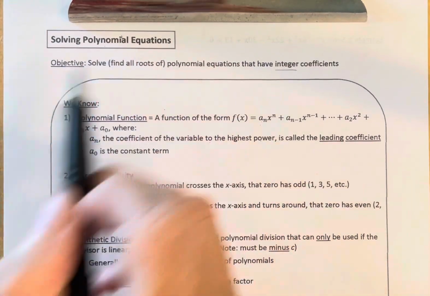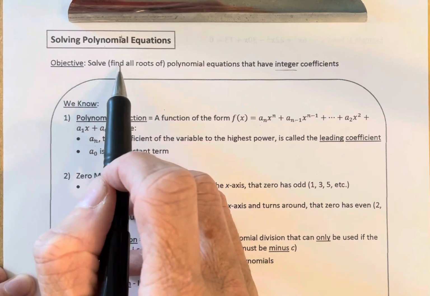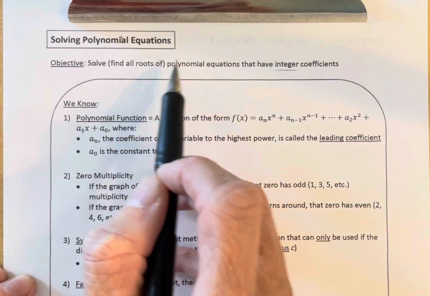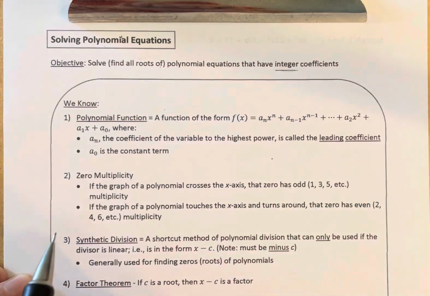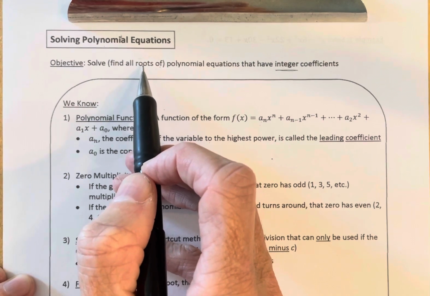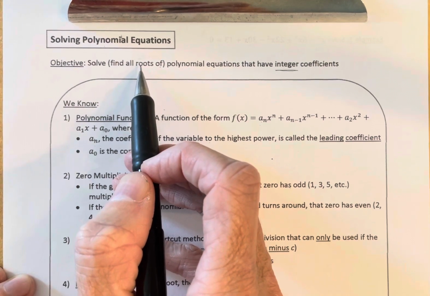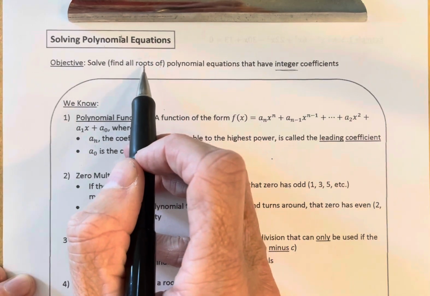Solving polynomial equations. Our objective: we want to find all the roots of polynomial equations that have integer coefficients. Now let's remind ourselves that roots and zeros are sometimes used interchangeably as we talk about them, but zero means you've